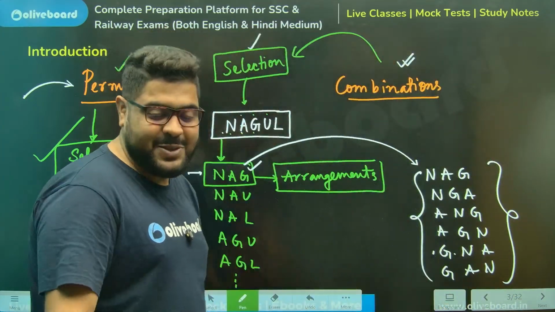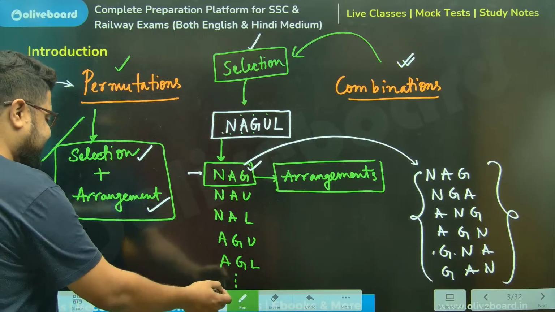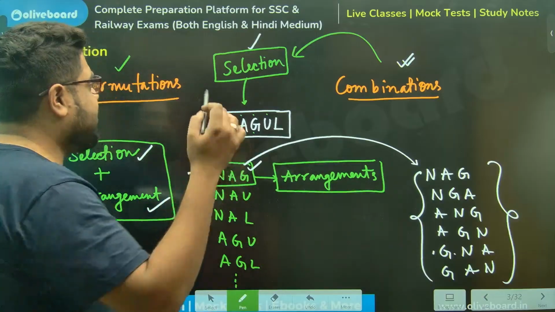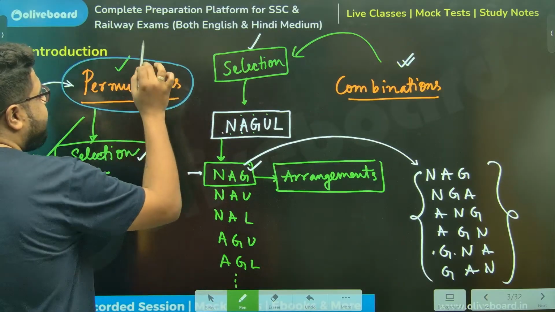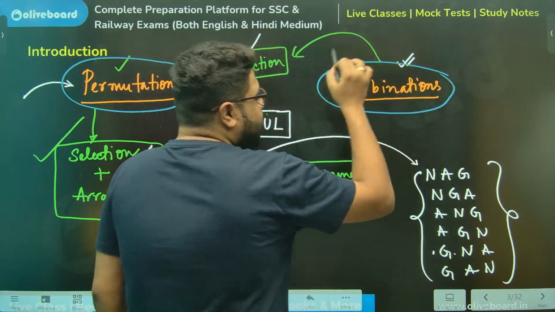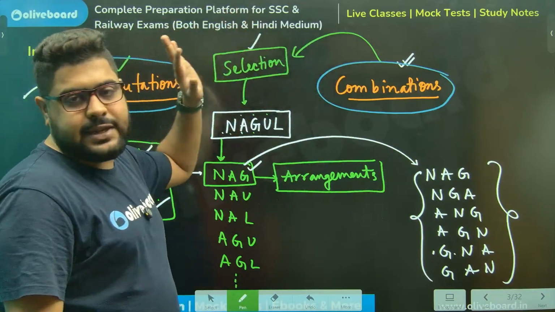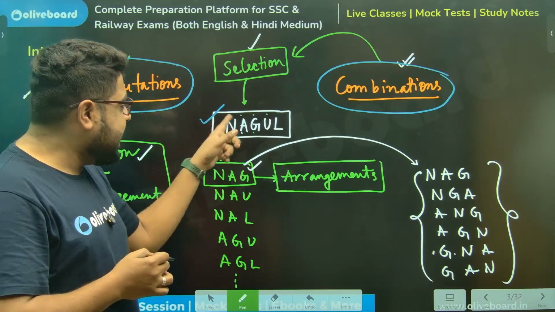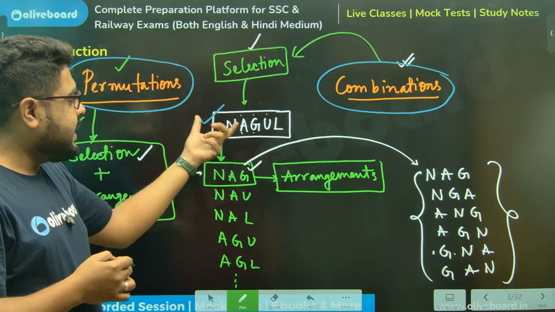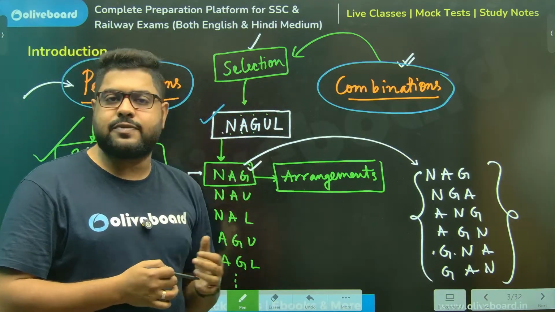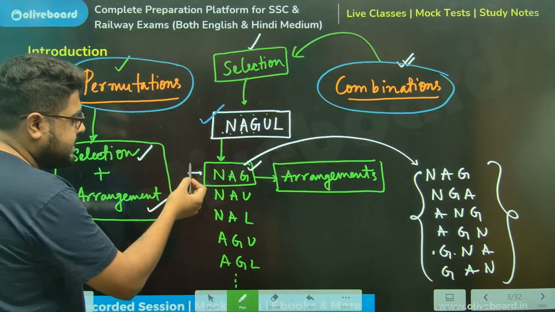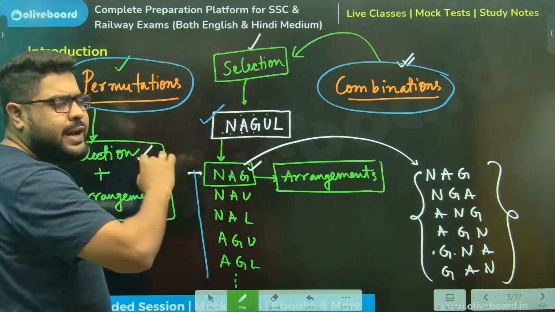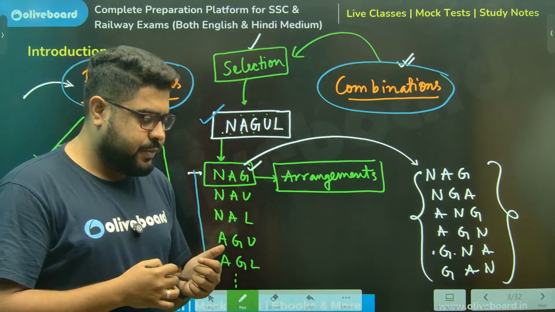Thiru, I understand. That is why it's very important to join on time. I'm just going over this very quickly. PNC stands for permutation and combination. Combination means only selection. Let's say I've taken Nagul's name, spelled Nagul. I'm saying let's select three letters out of these five. Three letters I can select in different ways. I can take NAG, I can take NAU, I can take NUL, any three out of these five.